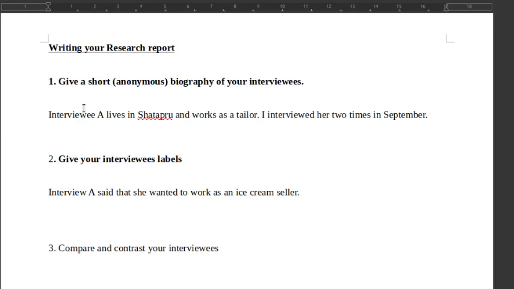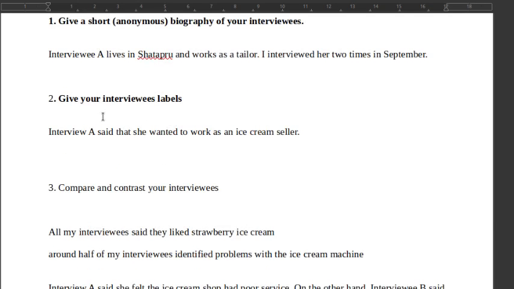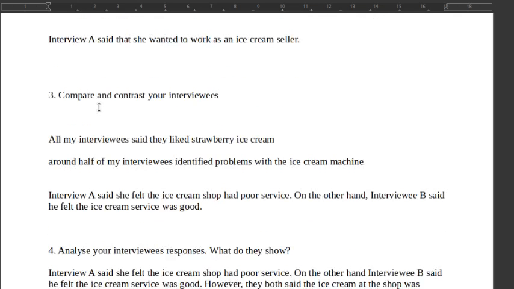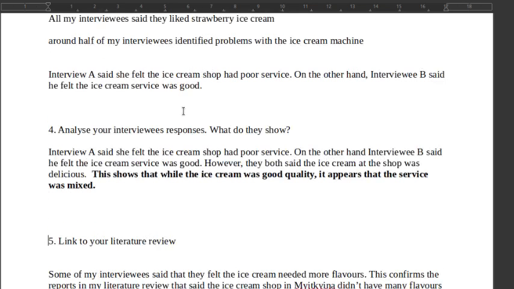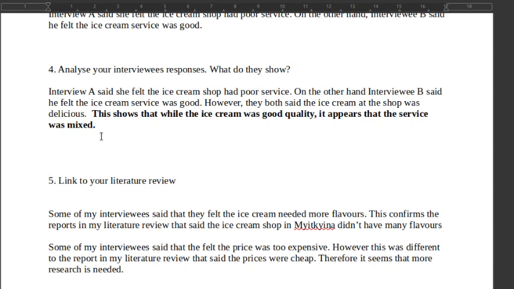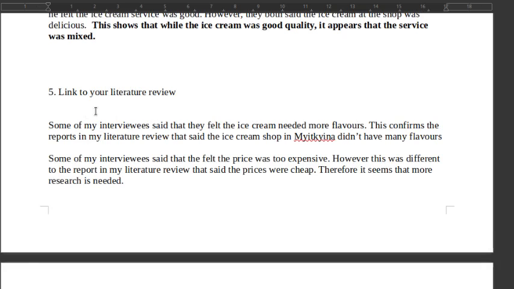So just to summarize, give a little biography of your interviewees. Give your interviewees labels. Compare and contrast your interviewees. Analyze your interviewees' responses, what they said, what did they show, and also link to your literature review. Okay,